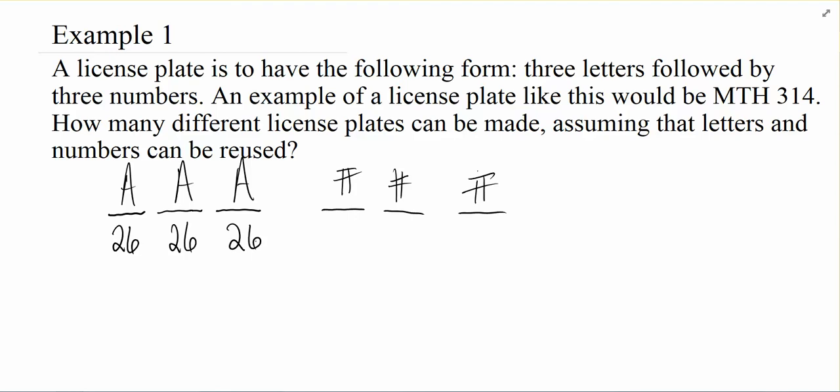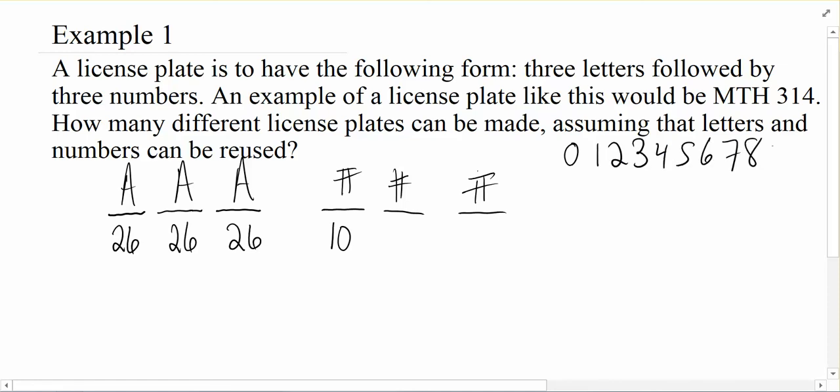Now, when it comes to the numbers, you've got to be careful here because your brain's going to be a little deceptive to you. You might think and say, hey, I could get up to 9 here. 9 is the biggest number I could allow. But there's actually 10 different digits because of 0. So if we were to actually count out 0, 1, 2, 3, 4, 5, 6, 7, 8, 9, we can see that there's actually 10 options there. And personally, an easier way to see this is to realize that 1 through 9 are 9 of them, and you can kind of think about 0 as the 10th digit then. So in this case, we're going to have 10, 10, 10 there.